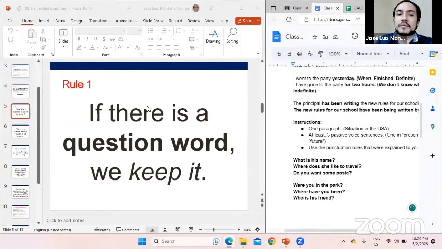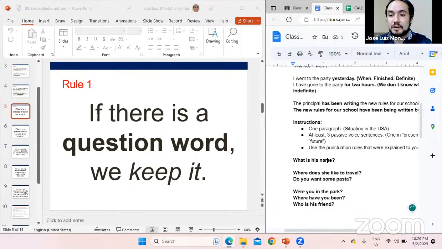Okay, so if there is a question word, we keep it. So here, if we have what, we keep what. We're going to work with embedded questions down below. So here we have what, we keep what. But first, actually, before doing this, we are going to set